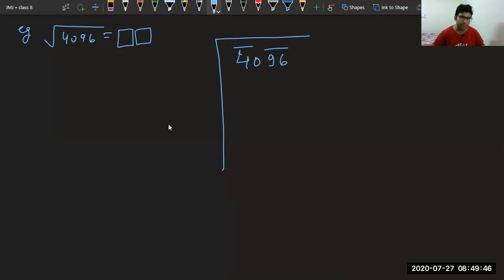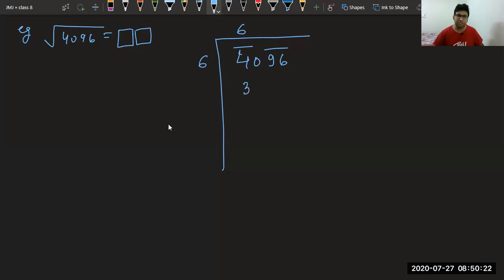Now, please tell me fast, which number is there whose square is either 40 or less than 40? Very good, Darpan. Others, please try. Which number square is either 40 or less than 40? Very good, Parth. Today, where is Krishna? He is not answering. Krishna? Very good. So we have 6 over here, and we write 6 also here. Very good, Krishna. You are here, no? I thought you are not there. Okay. So we have 6 and 6.